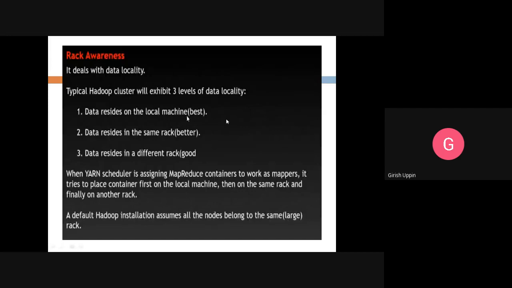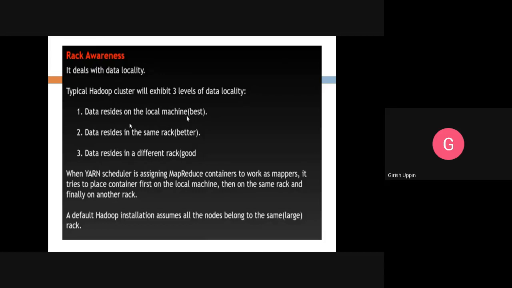Rack awareness. Rack awareness is about the data locality, and there are 3 different levels of data locality. In a Hadoop cluster, you might have many racks. Okay, and the name node and the data nodes will be on different racks.